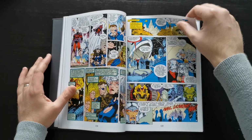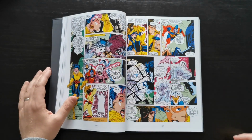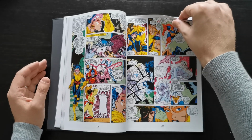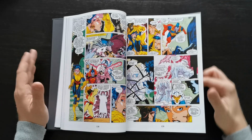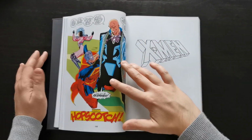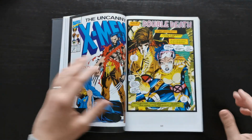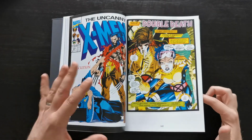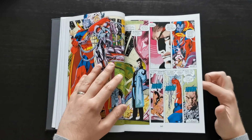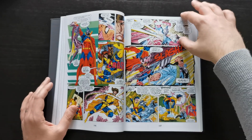I can see, certainly just on surface level, why people enjoy this stuff more than the material in Volume 1, the Claremont Lee Omnibus, because the stuff in there is very much a slow build. It was Claremont being classic Claremont, really, just playing the long game with his storytelling, story building, and working towards this. So there's a lot of build-up that went into all this stuff. And this is like everything finally culminating in a big, exciting conclusion, which is helped enormously by the Jim Lee artwork, who just gives this such a...